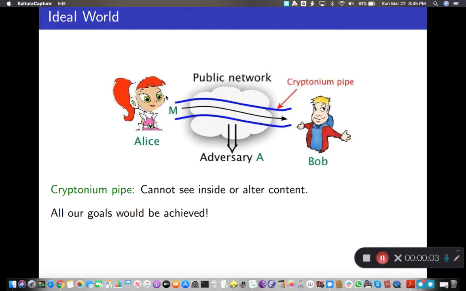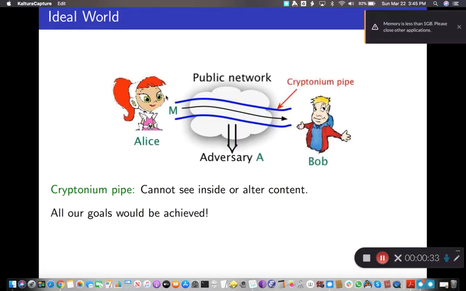So here at the highest level is what you can imagine cryptography is trying to do, or at least mimic. Remember Alice and Bob over their public network like the internet, with an adversary present in this cloud. Imagine that they somehow built themselves a physical pipe which connected them and only them, and it was built of some impenetrable material, call it kryptonium, and nobody can look inside or penetrate that pipe.